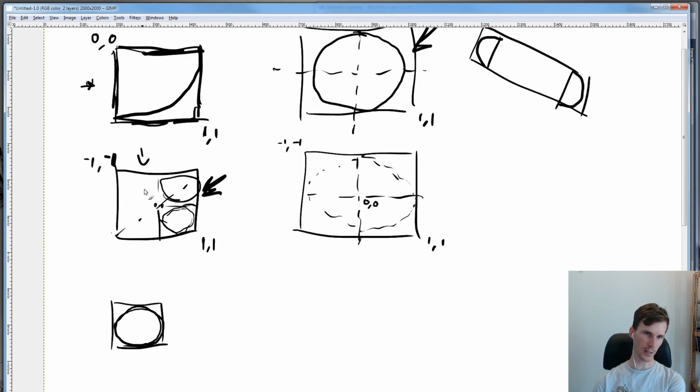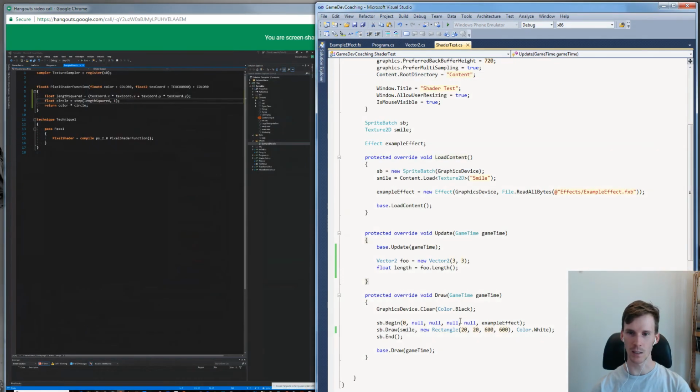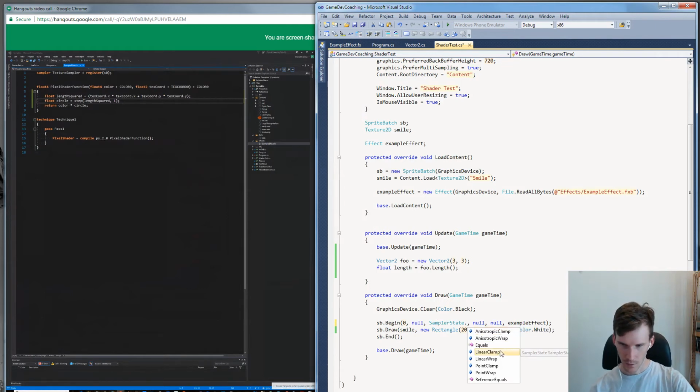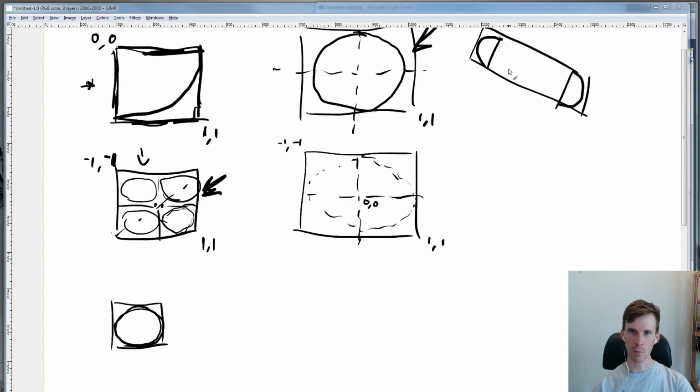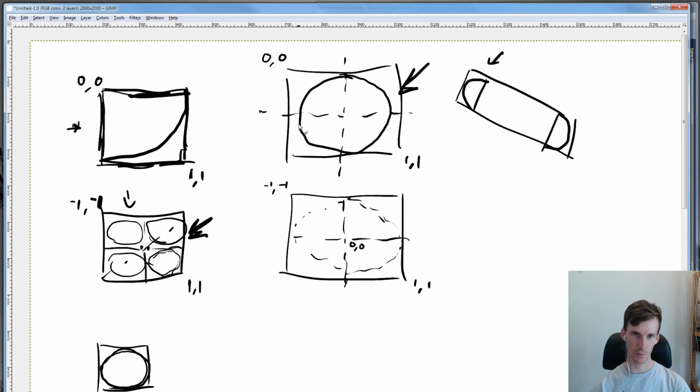Yes, and so if we are sampling a texture, there's a thing called a sampler state, and that tells us how we're going to sample the texture. I think Daniel must have asked this as a question. And so we can choose various forms of either wrap or clamp, and if we pass in wrap, then we're going to get 4 copies of that texture if we were to change our texture coordinates. So obviously we'd get that repeated as we went into negative text coordinates.